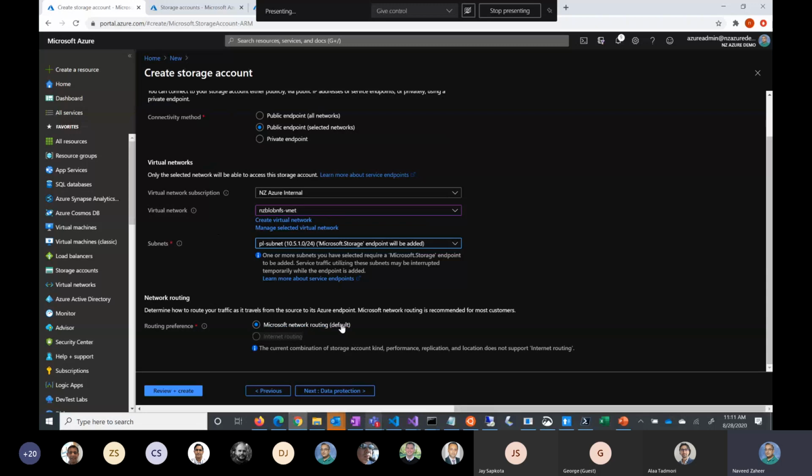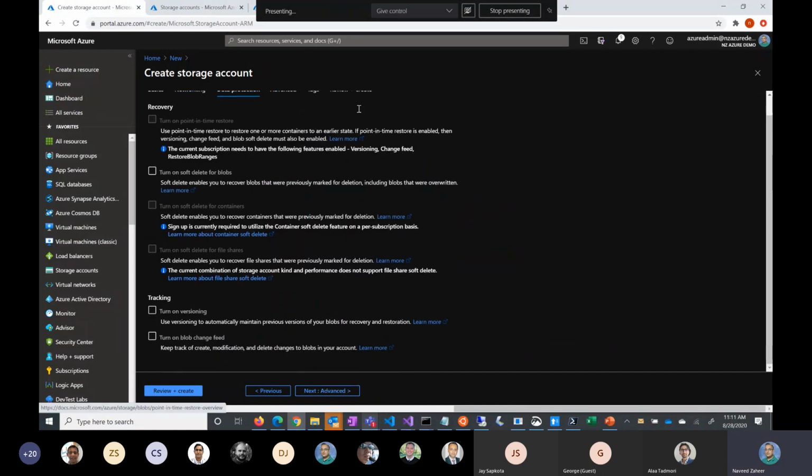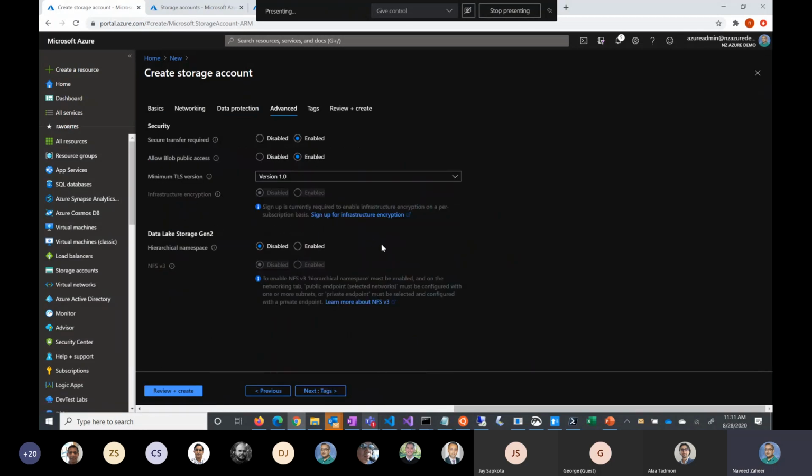So that's how I'm restricting traffic. This is not a private endpoint, but I'm basically saying that the only traffic that comes to this storage is from that particular subnet. Okay, moving on, and then there are different things that I can do. This is where